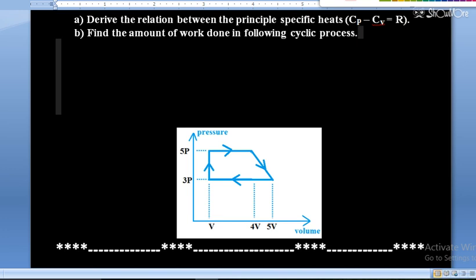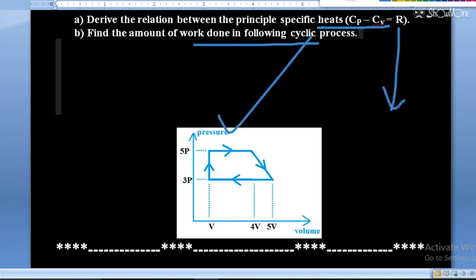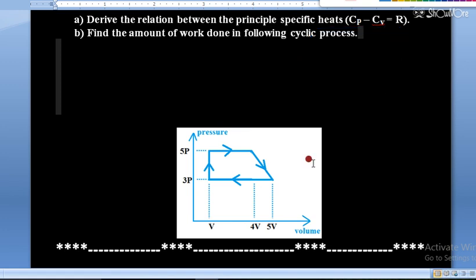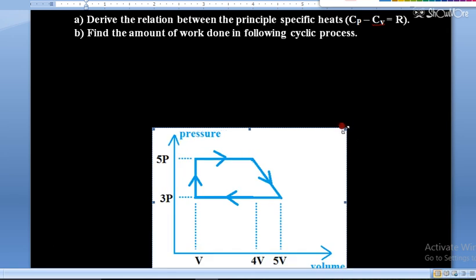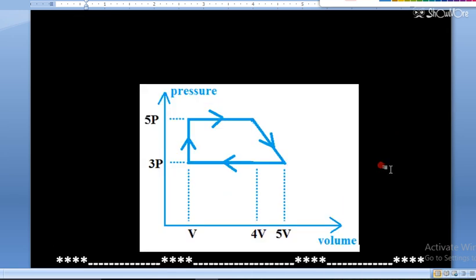You have to prove this relation for 3 marks if you are not going to attempt the above question, and then you have to find the work done during this cyclic process. I will not focus on this derivation, because we have already done it, and if anyone is facing some problem, then he or she can discuss it with me. Now we are going to find the work done for the last question, and then we will conclude the video. In this video my motive was to discuss the whole paper, and now we are going to solve this question. I am dividing this question into two parts.